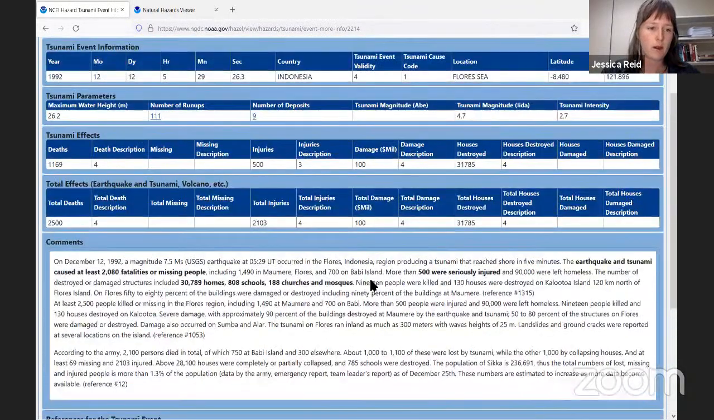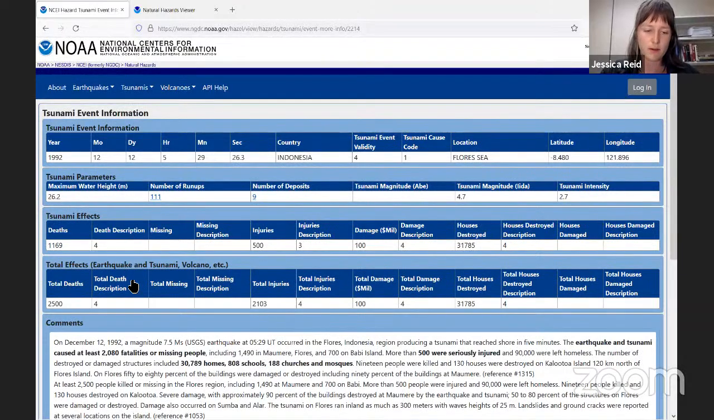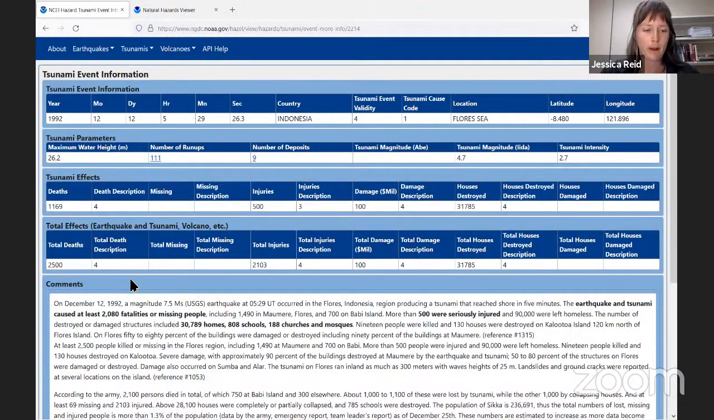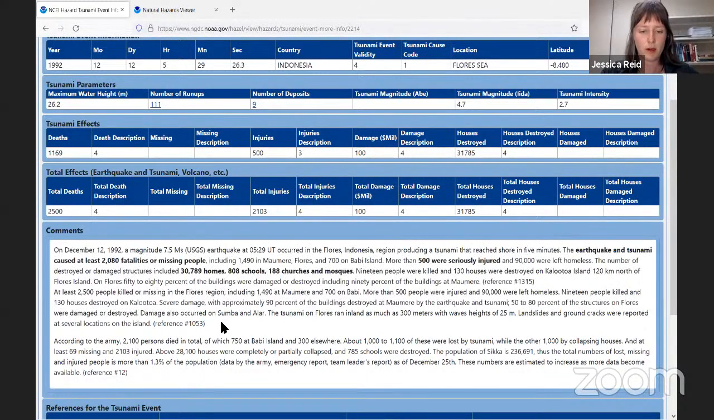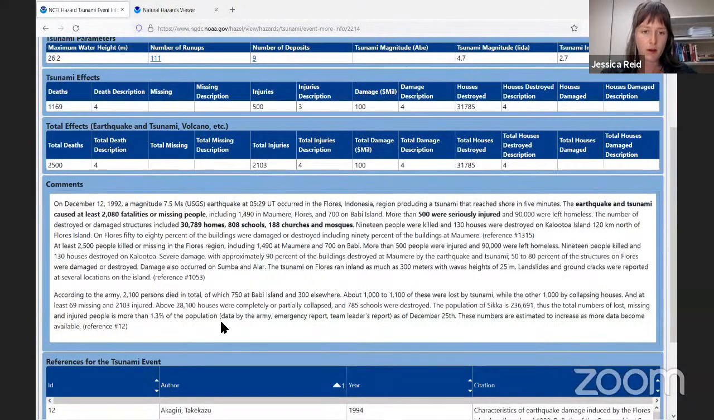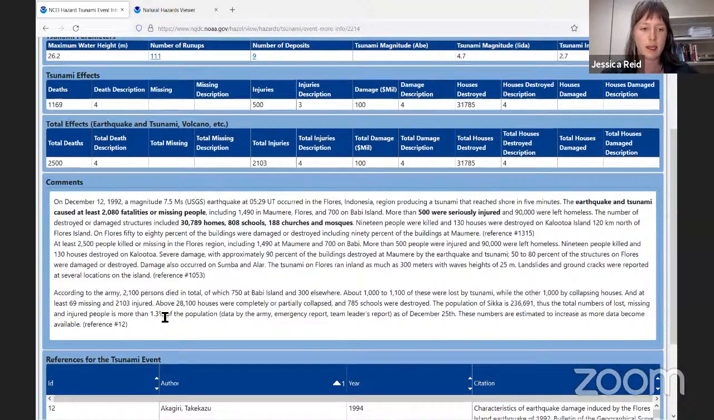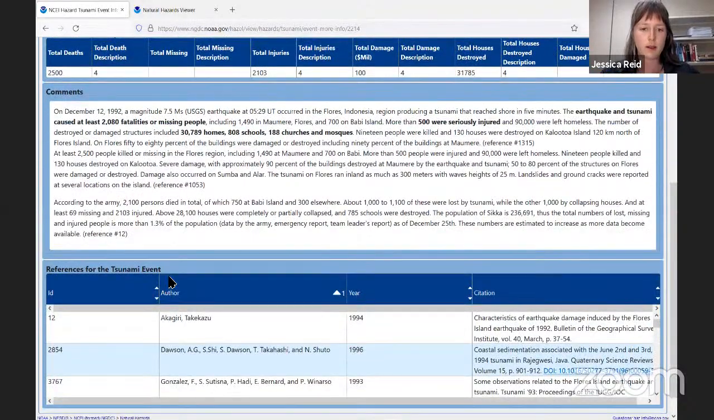And now we know a lot more about the event just from this website. We have a couple of key comments from research or surveys done. We know it was a significant earthquake that occurred in Flores, causing a lot of injuries and fatalities, and some numbers of